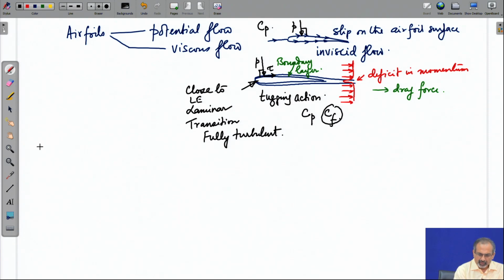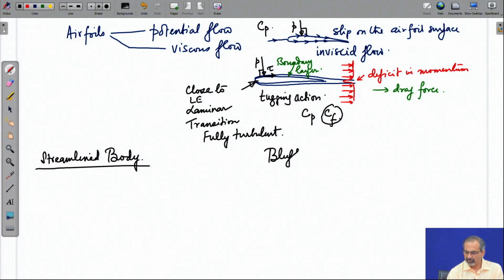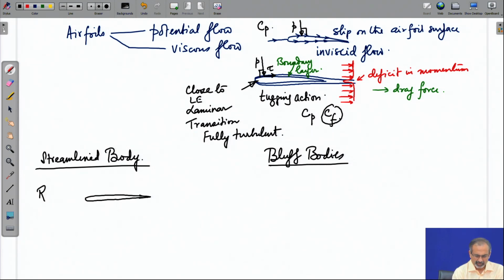Now, an airfoil is a streamlined body. On the other hand, we also encounter bluff bodies, and there are numerous aerodynamic applications also, in the sense that when you talk about the drag acting on a bus, it is by and large a bluff body, while airfoils, wings, aircrafts are streamlined bodies. So, when you look at an airfoil section immersed in a Reynolds number of the order of 10 raised to the power of 5 flow,